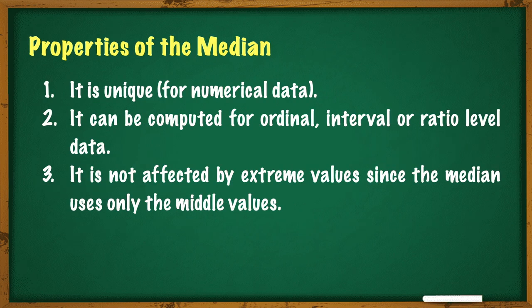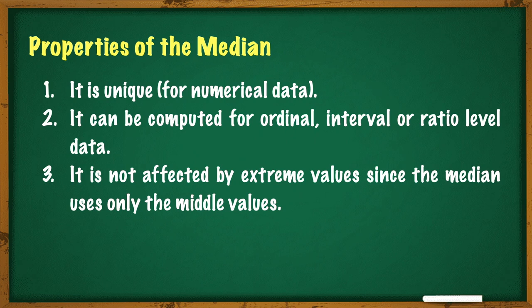The same as the arithmetic mean, the median also has properties. First, it is unique for numerical data. Second, it can be computed for at least the ordinal scale, so it can be computed also for interval and ratio level types of data. And third, it is a positional value, and unlike the arithmetic mean, it is not affected by the presence of